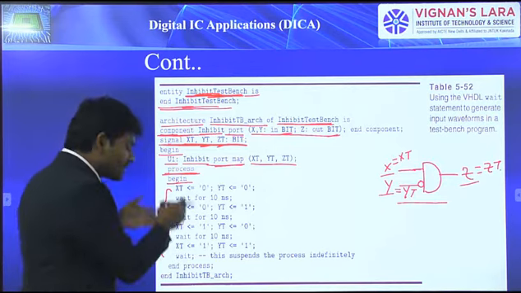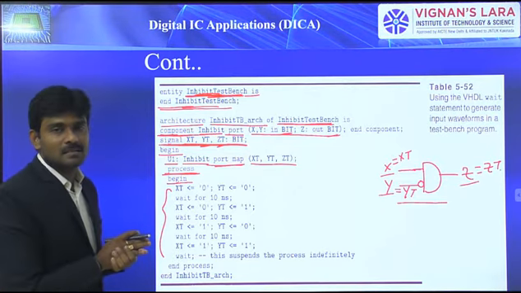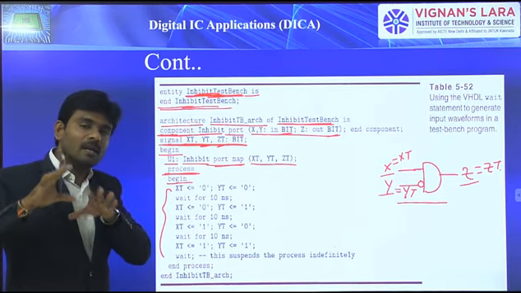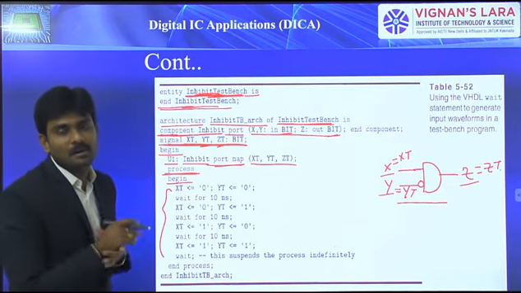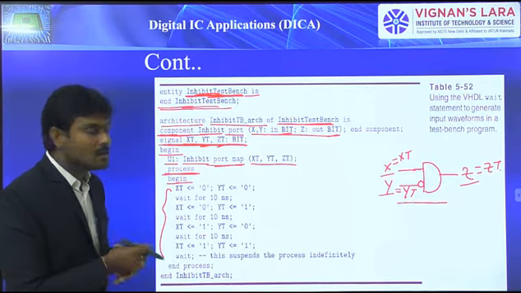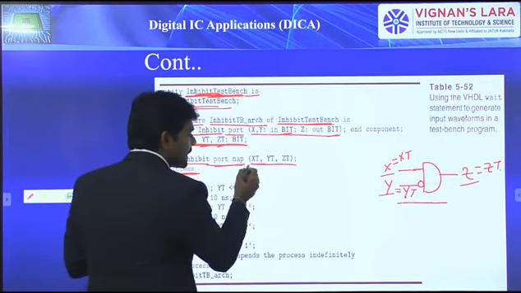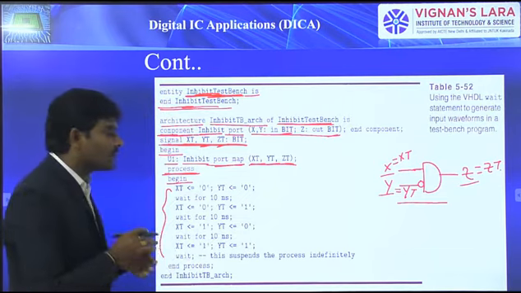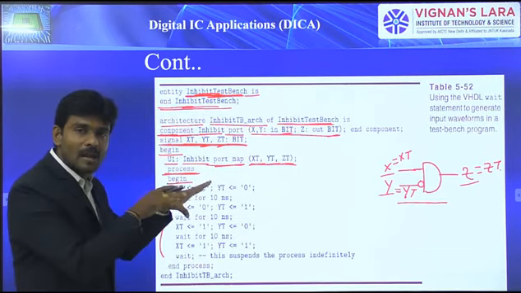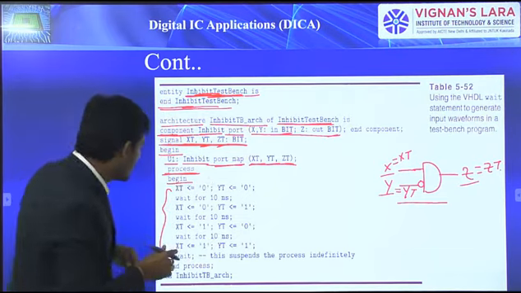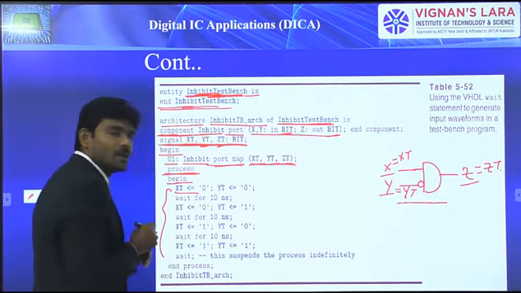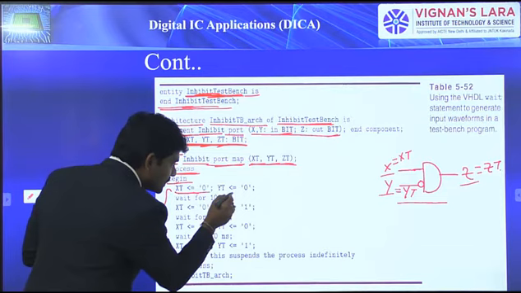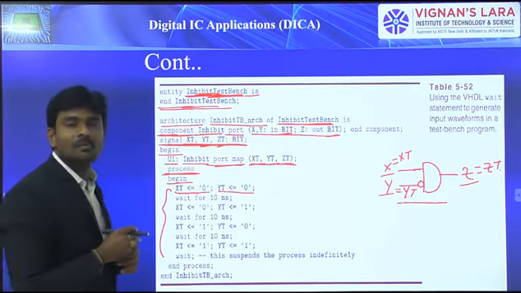Then here what we are supposed to mention is sequential statements. By means of those sequential statements, the sequence of inputs we need to apply for that inhibit gate. So here temporarily we consider XT and YT as the inputs and ZT as the output. Because of that, we are supposed to drive those inputs. So first, initially, I considered the first combination as 0 0. So XT is assigned a value of 0 and YT is assigned a value of 0.